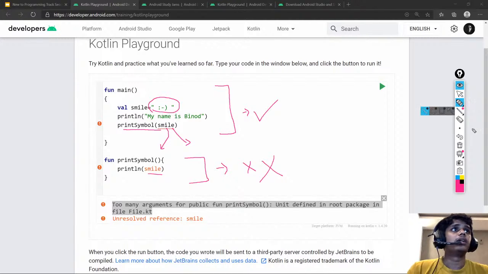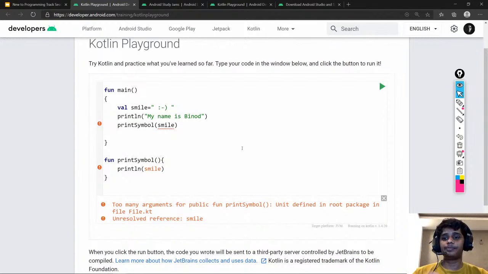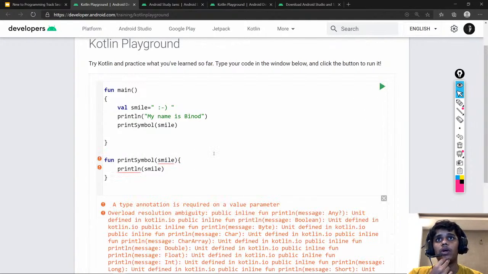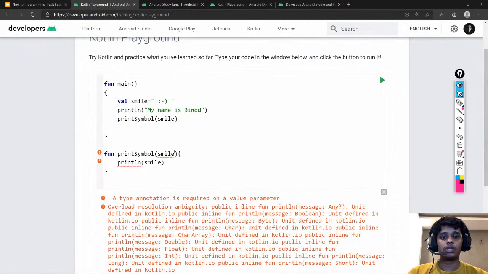So how can we do that? What we can do is tell Kotlin that the first thing is you need to type in the variable name, that is nothing but smile. All right, so now Kotlin knows that you are sending me the argument that is smile and I'm accepting that argument, but still Kotlin does not know what type the smile is. So we need to tell Kotlin that the smile is of the type string. All right,